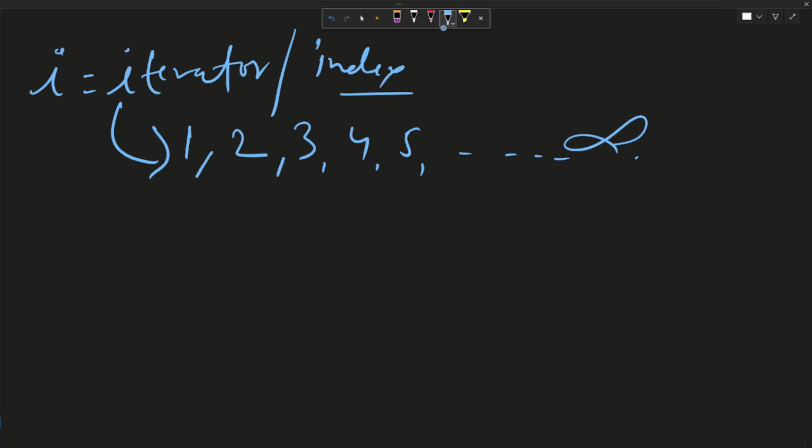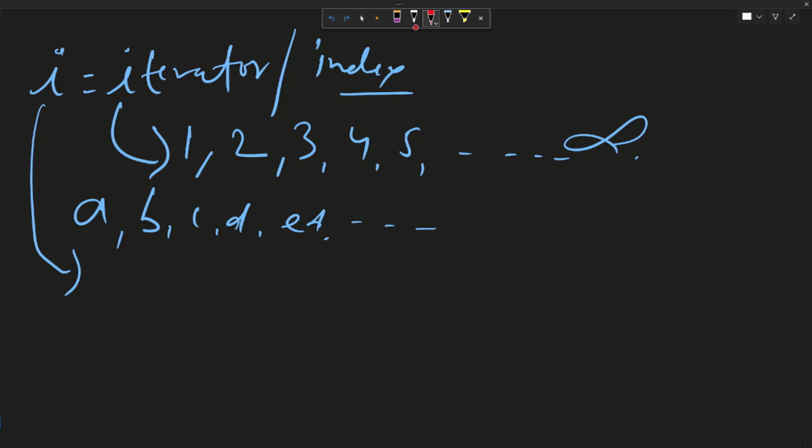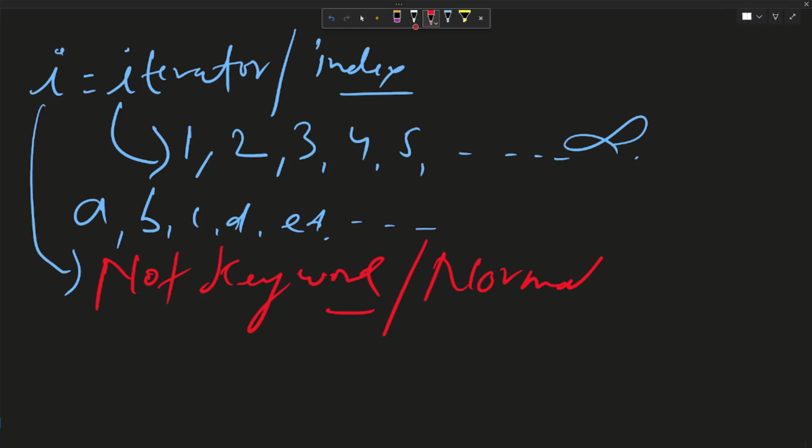Instead of i, you can use any variable over here like a, b, c, d, e, f and so on, right? But i is a convention, and many developers or programmers generally use i inside a loop. But one thing keep in your mind, that i is not a keyword. It's just a normal variable,